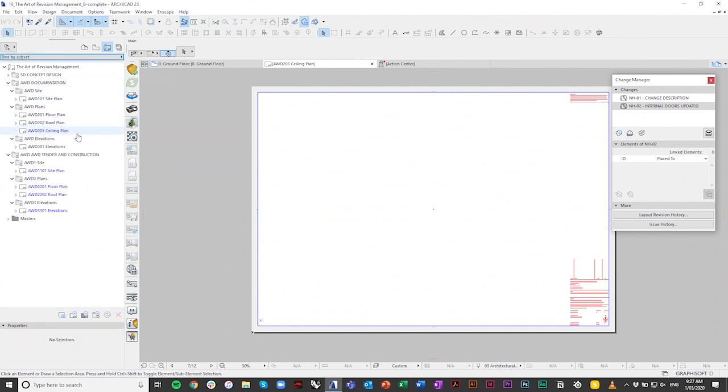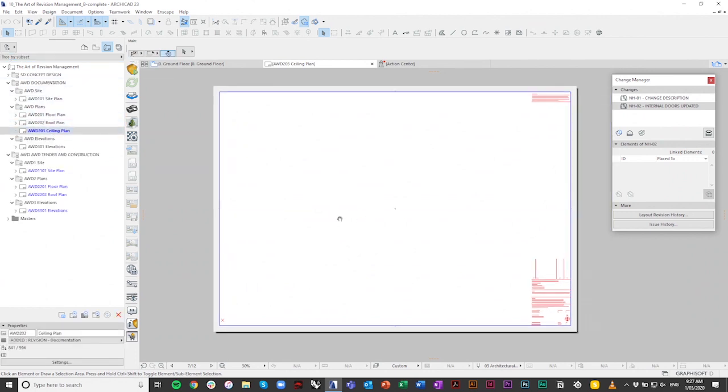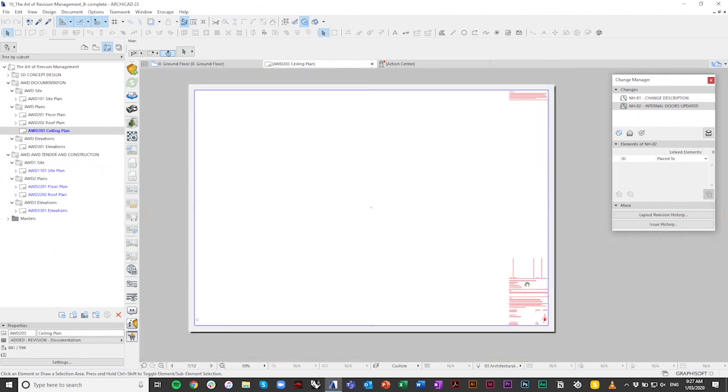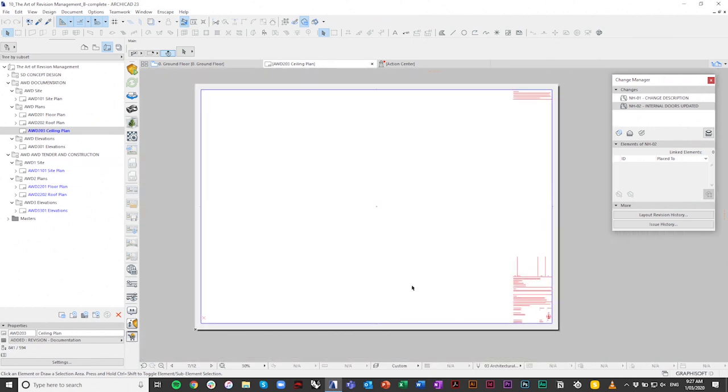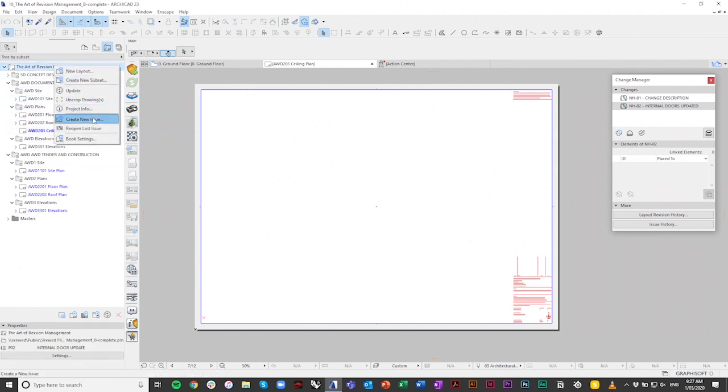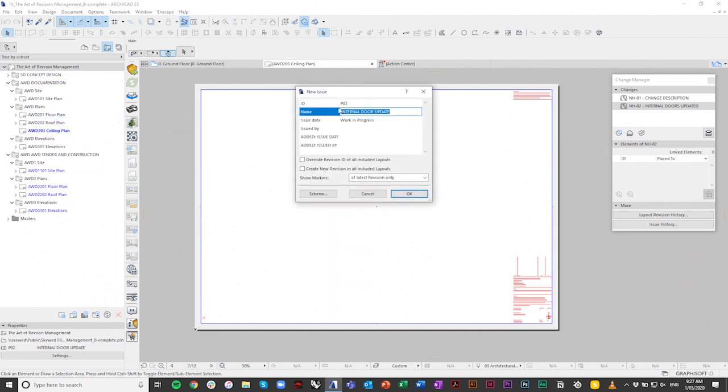We're going to go back to subset. So here we've decided to add a ceiling plan to the mix. Now in this instance, what we want to try and do is issue a ceiling plan as P1 and all of our current drawings that we've just issued, but not change the issue. So we're going to create a new issue, and in this instance you don't want to use this ID to control